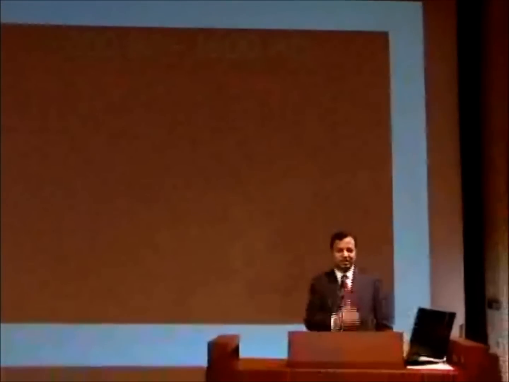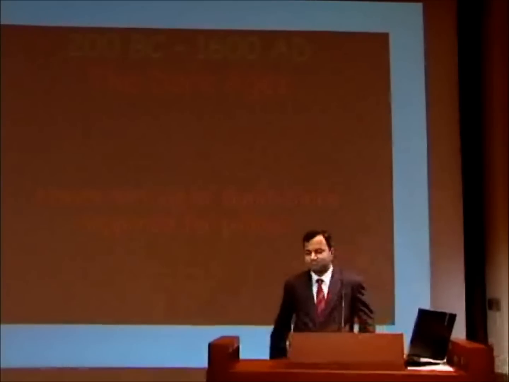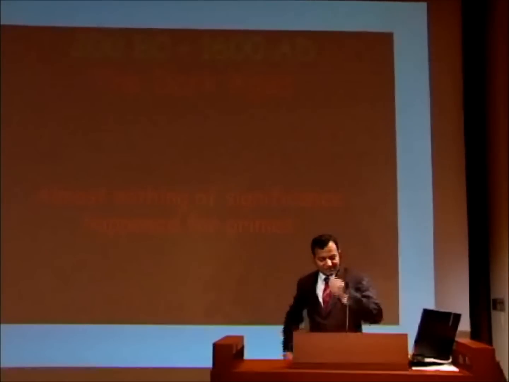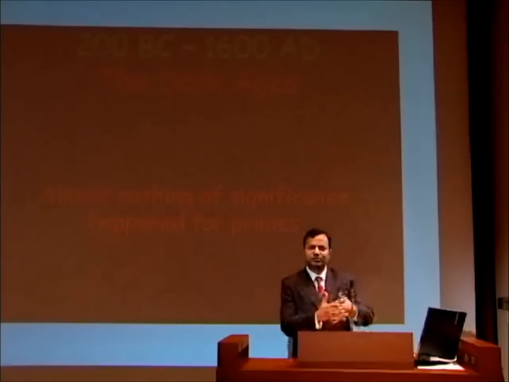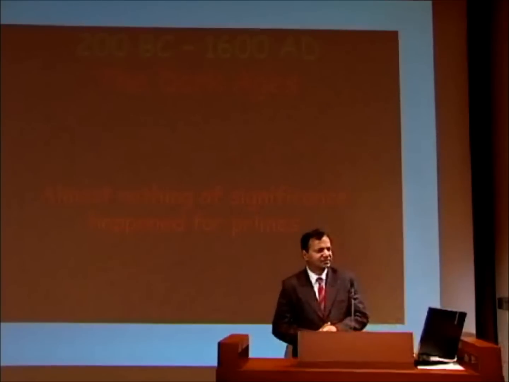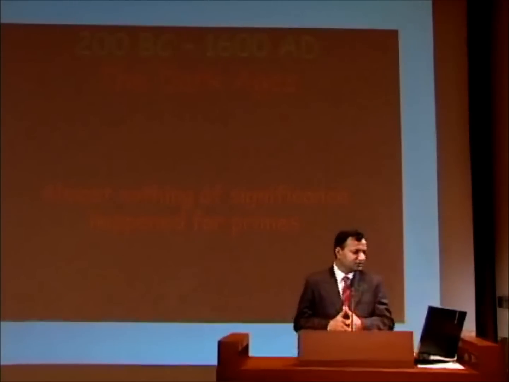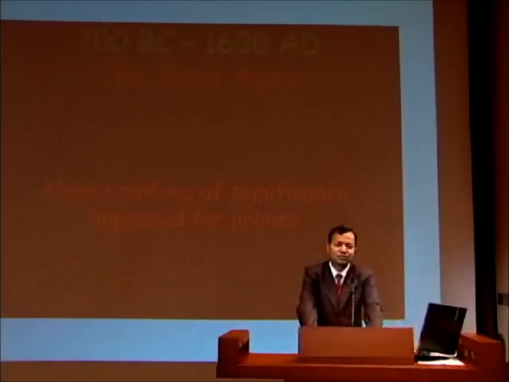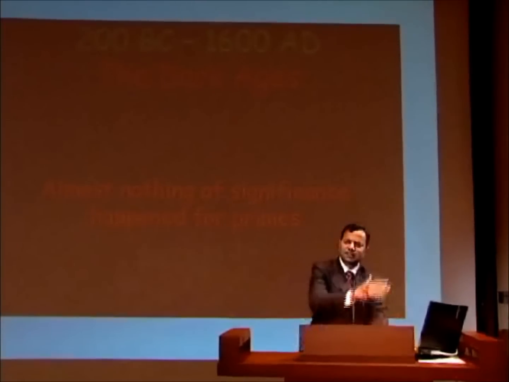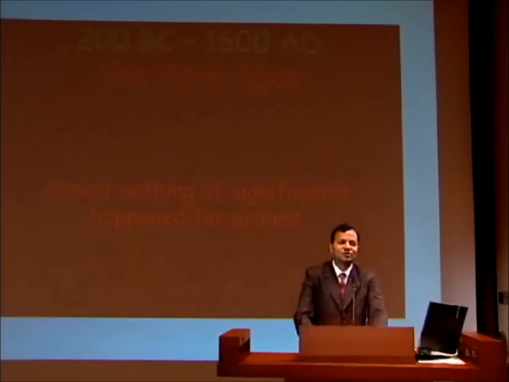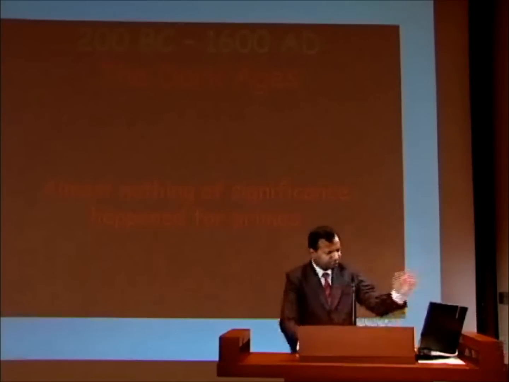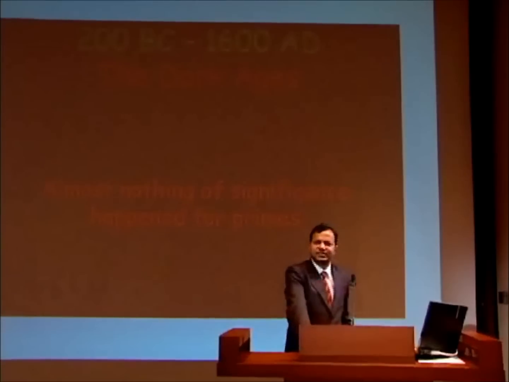For the next 1800 years, almost nothing happened about prime numbers. It's not that the development of mathematics stopped. Lots of mathematical ideas came about, for example, the concept of zero and many other interesting things. But somehow mathematicians did not feel like studying prime numbers, for whatever reasons. There were other reasons also, political reasons and other things, that people were more interested in doing things much different from mathematics. So nothing happened really up to 1600.